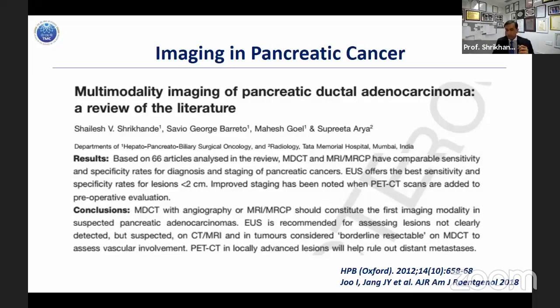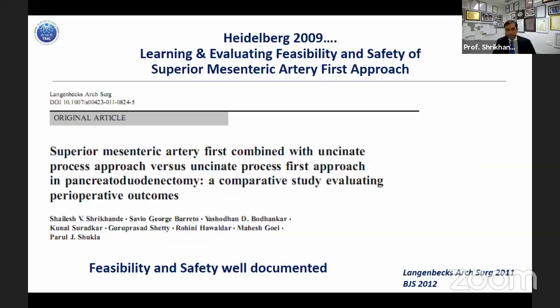And of course, in borderline resectable pancreatic cancer, I think a PET scan is also worthwhile to rule out distant metastatic disease. This is an old publication, but the practice hasn't changed after this systematic review that we published in 2012. But if you want to do these difficult tumors, as surgeons, we need to understand that you need to sweat in peacetime if you don't want to bleed in wartime.